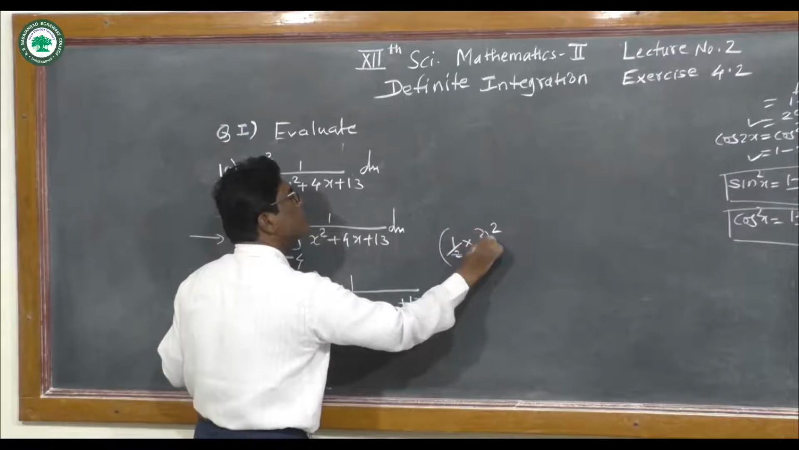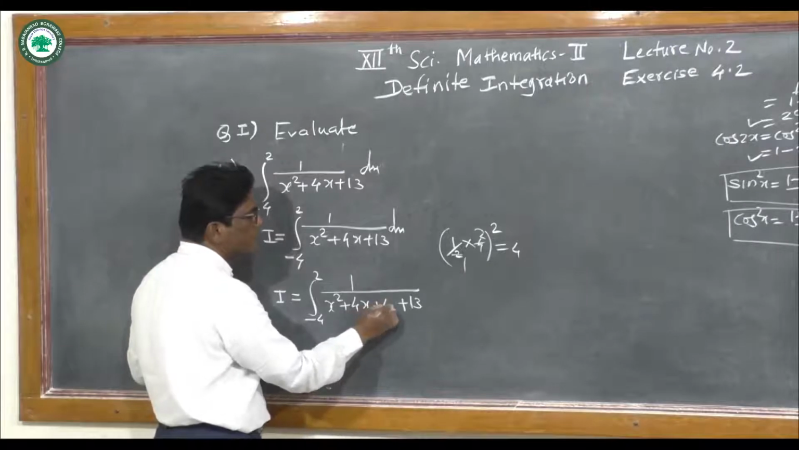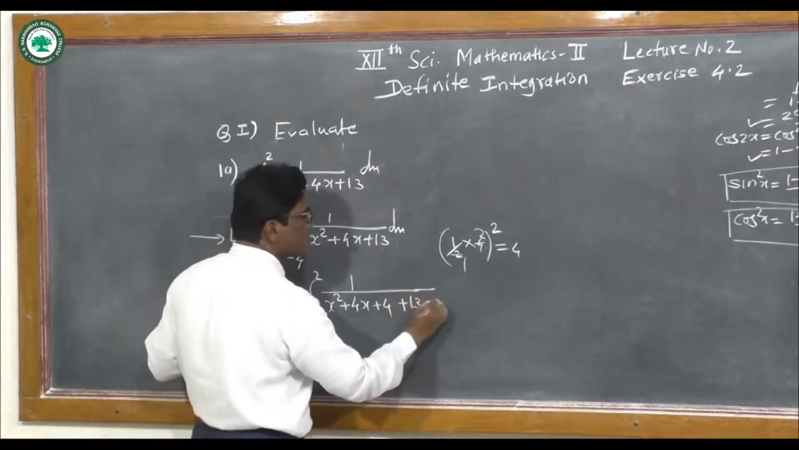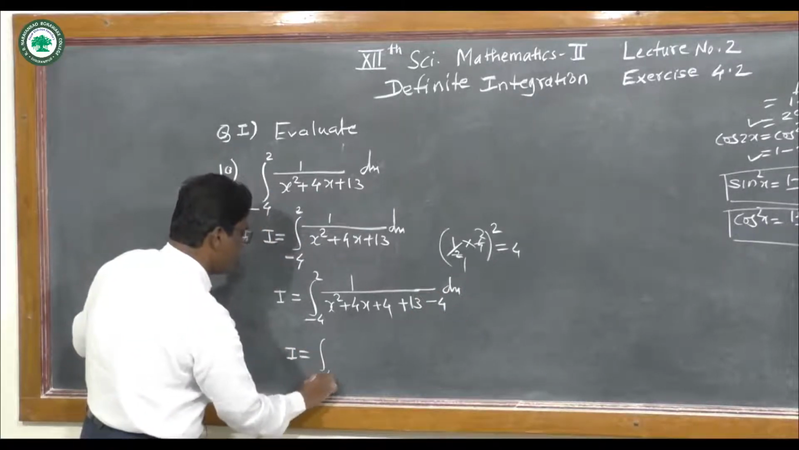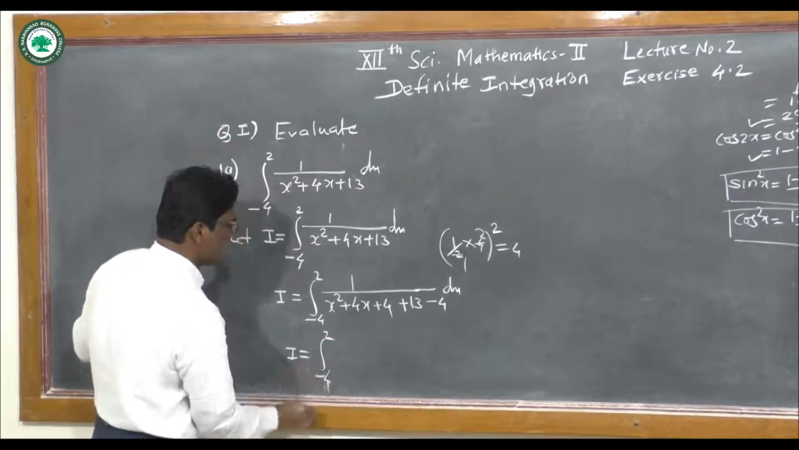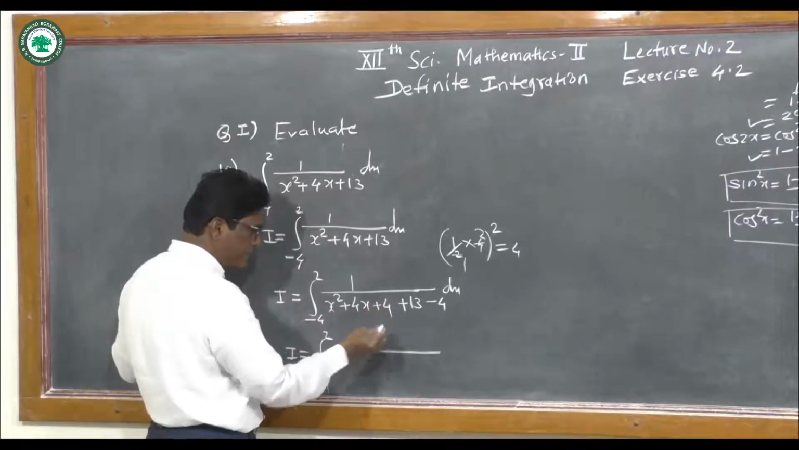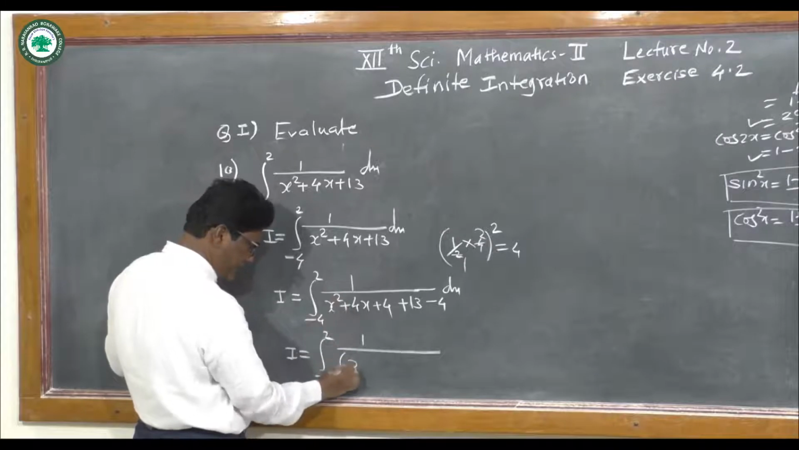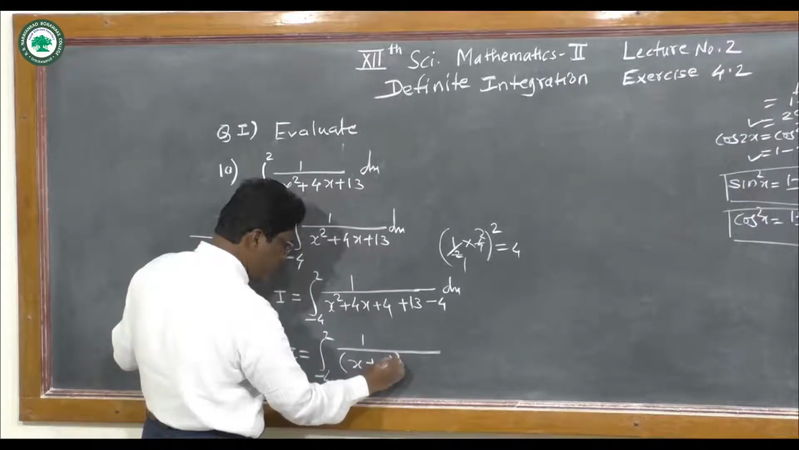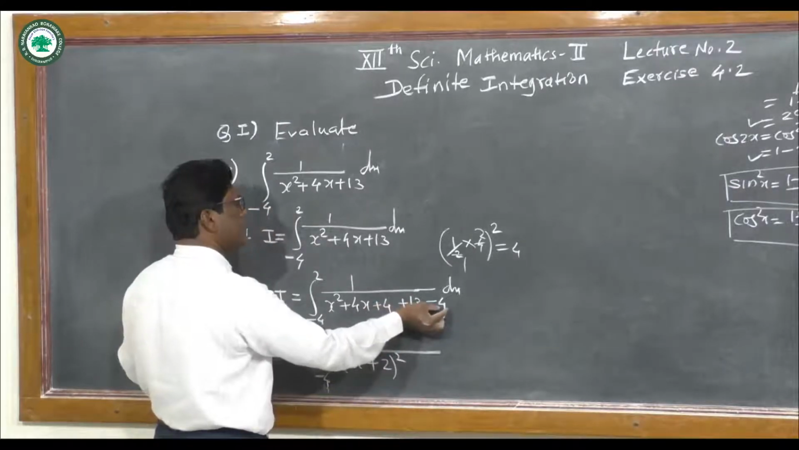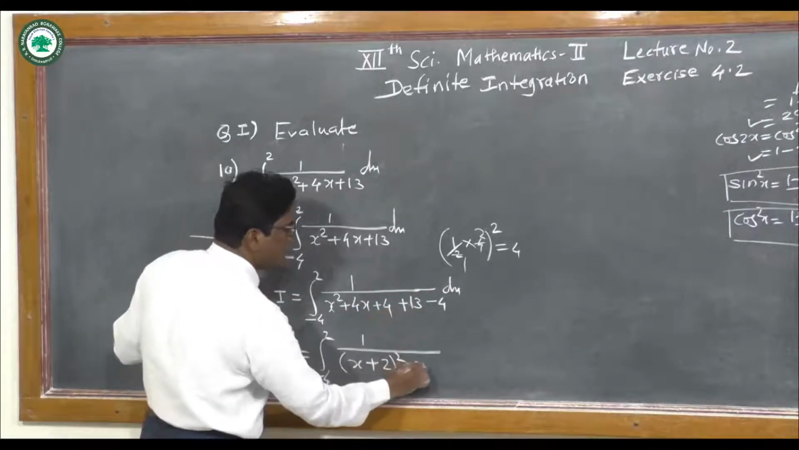So 2 1s are 2, 2 2s are 4, 1 into 2, 2 square, that is 4. So we have to add here 4. So plus 4, and to cancel this, minus 4, and write here dx. So I is equal to integration from minus 4 to 2, 1 upon, now this x square plus 4x plus 4 is the complete square of x plus 2: square root of x square is x, middle sign is plus, and square root of 4 is 2, bracket square. Now plus 13 and minus 4, 13 minus 4 is plus 9, and 9 we write as 3